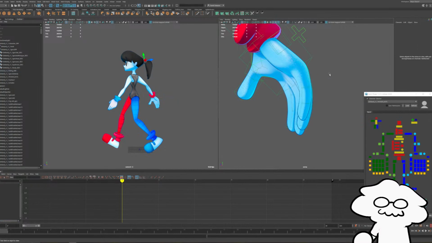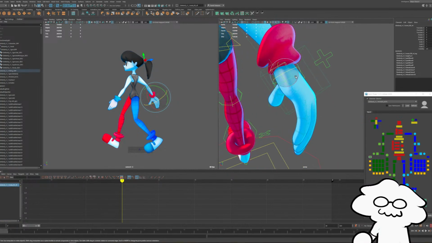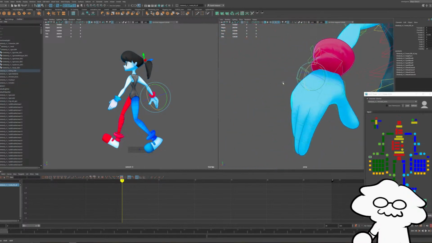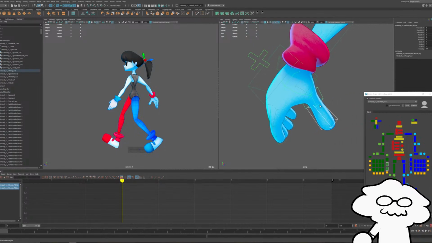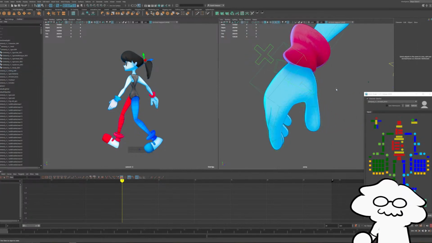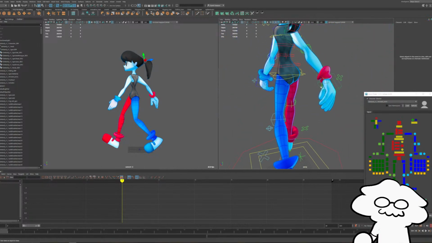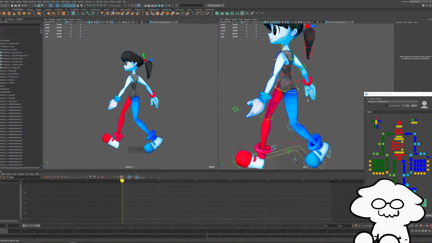We'll curve those inwards, do the same for the metatarsals, and then curve the thumb inwards like that. Now we have a more natural position for our fingers.